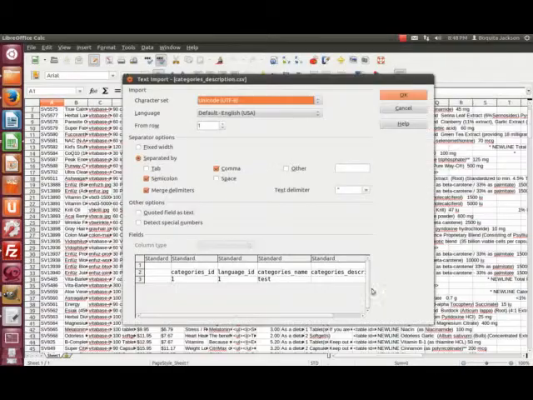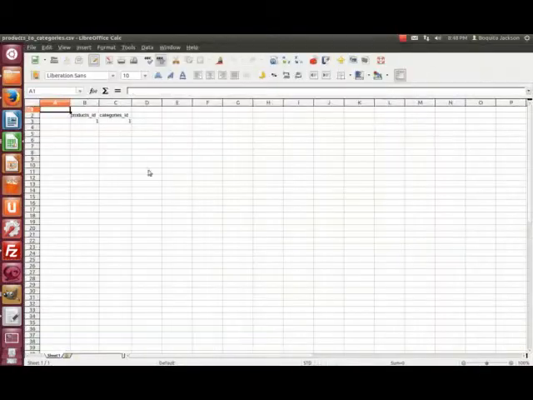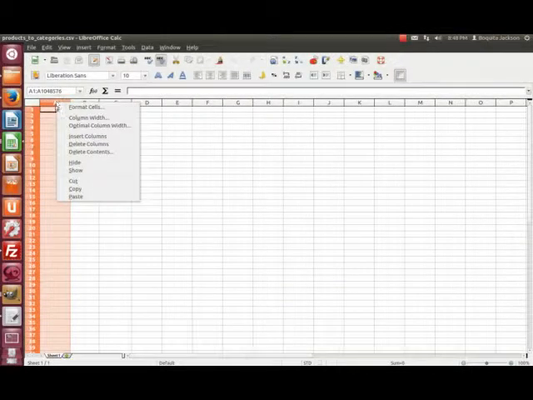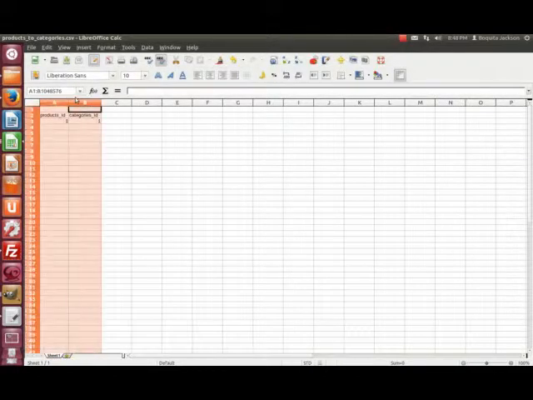So we'll open them all. This one is products to categories. Push Control C, and